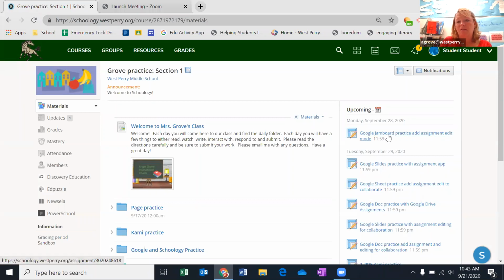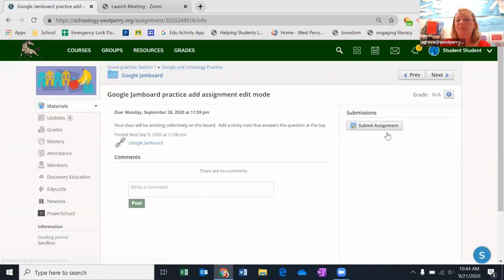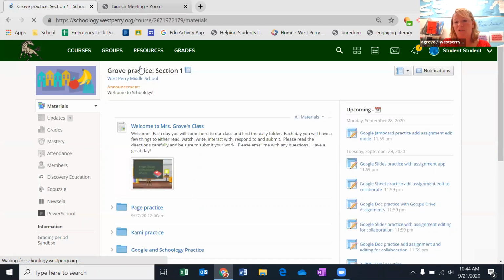But the other nice thing here in Schoology is that you can click right to the assignment and it takes you right to it. You don't have to go figure out what folder was that in or how do I find that assignment. It takes you right here where you can do your work and then go ahead and submit. So those are two places that you can go to look for what work you need to do with your teachers. Again, we're always going to start here in the middle because that's where our teachers are giving directions,